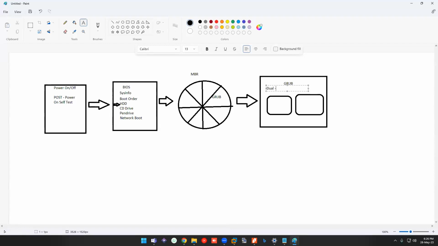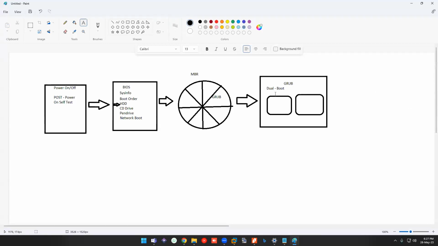So what is dual boot? Obviously you're not going to boot two operating systems at the same time, but the same hard disk which you selected has two different operating systems, or the same kind, let's say Windows 7 or Windows 11. Either way, you must select which one to be booted, or which kernel to be loaded in the next stage, right? So for that, you need to identify which one to be loaded.